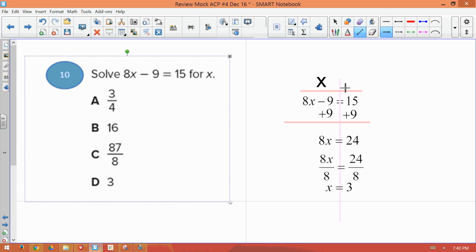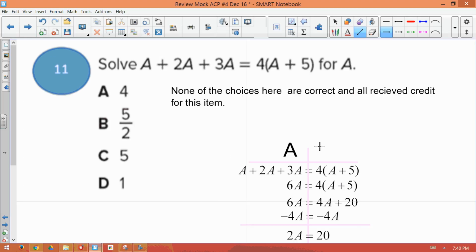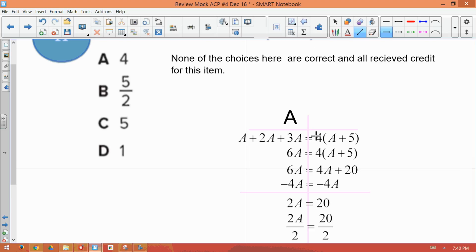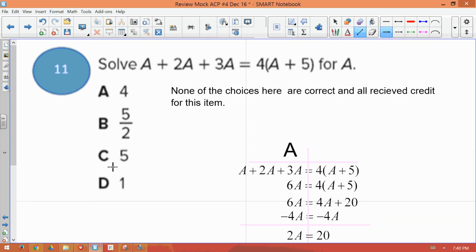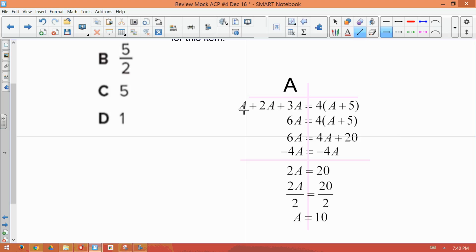And of course, you can actually use LinSolve on this problem, but I'm not going to demonstrate it here. Same thing with this problem. We do exactly the same thing. The only problem with this problem is that none of these are correct choices. And as you can see,